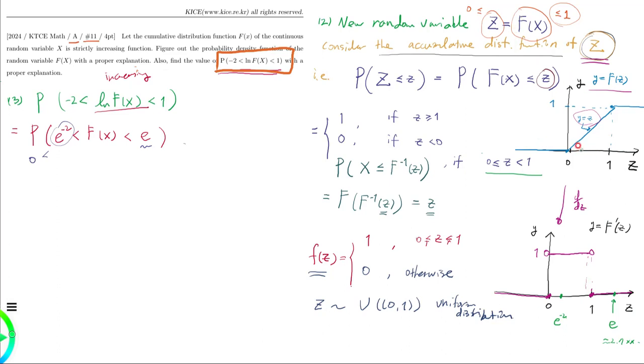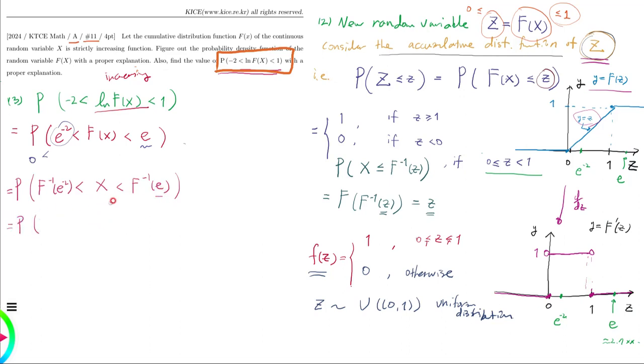So it corresponds to here, e to the minus second power and natural constant e. So probability of x, which lies between capital F inverse of e to the minus second power and capital F inverse of natural constant e is the same as